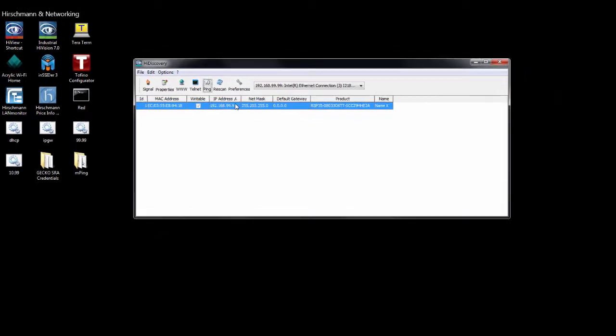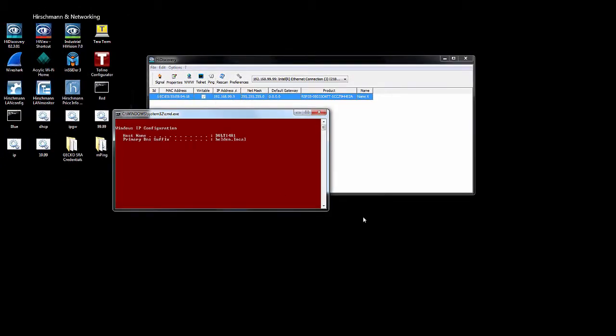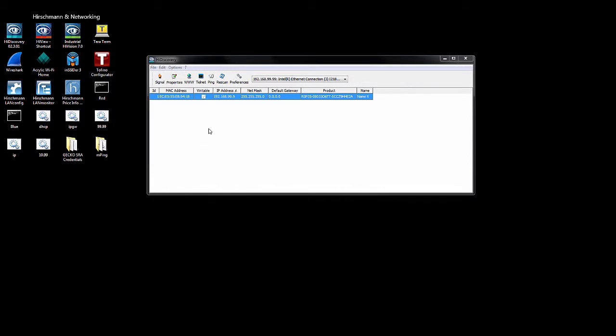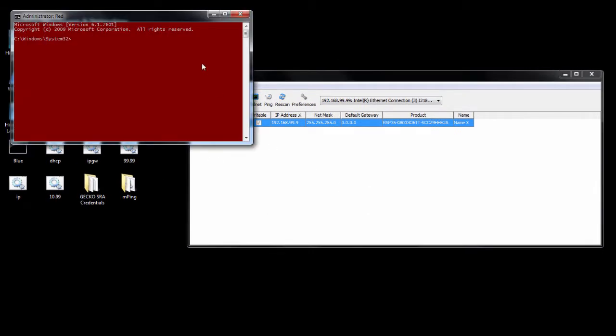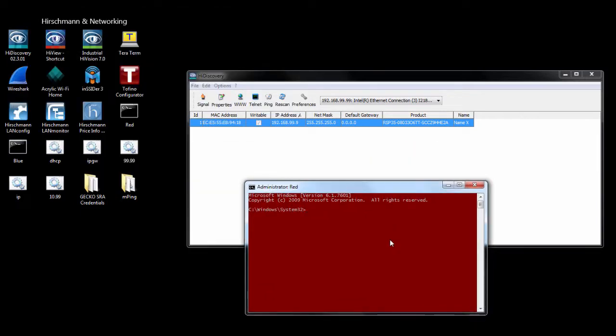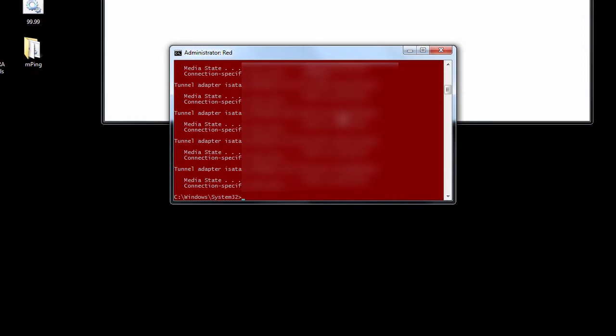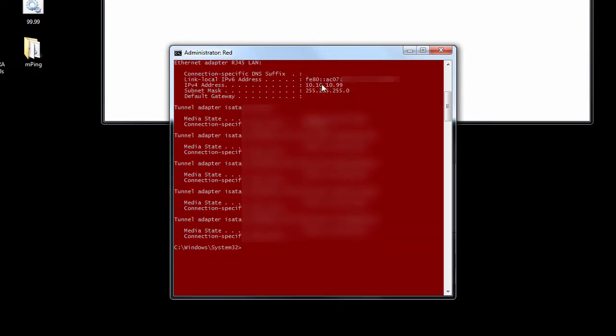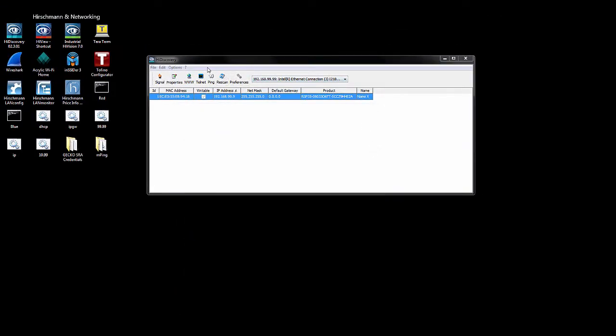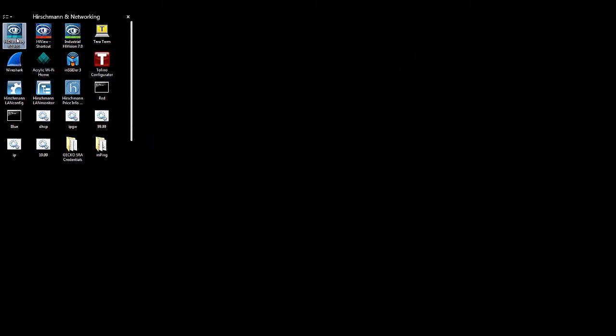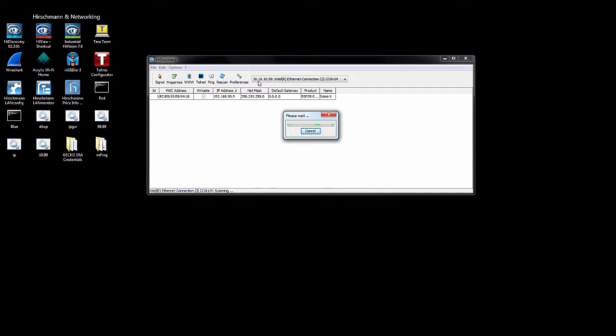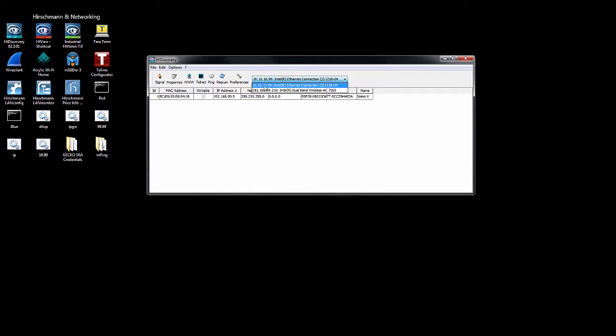And again, just to verify and indicate that I can find this switch regardless of IP address, what I've just done is I've simply changed my IP address to a 10.10.10.99 address, and I can show this here. IP config, and you will see that my IP address is now a 10.10.10.99, and this too is if I were to close this application and start it back up again, you will notice that it will show the 10.10.10.99 address, and I will need to make sure that that is selected because the alternate is my wireless card,